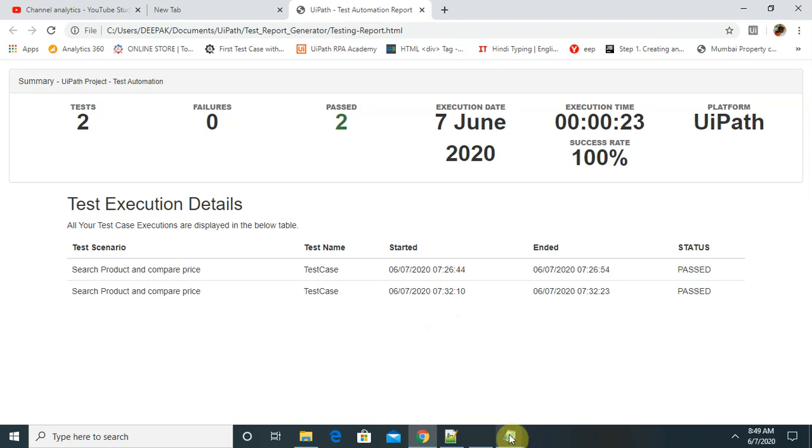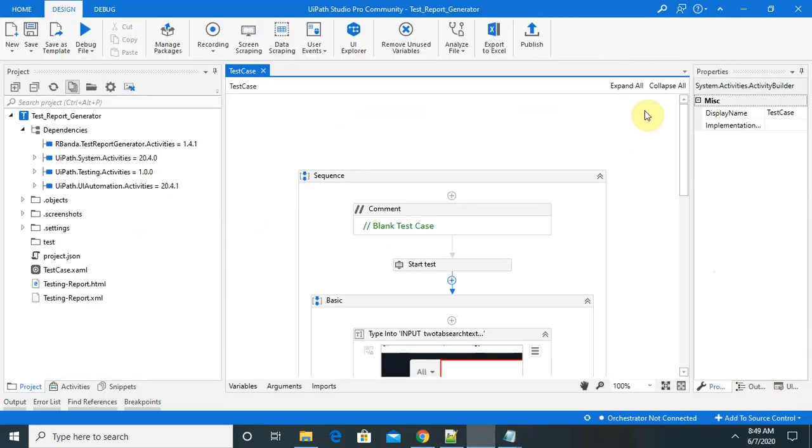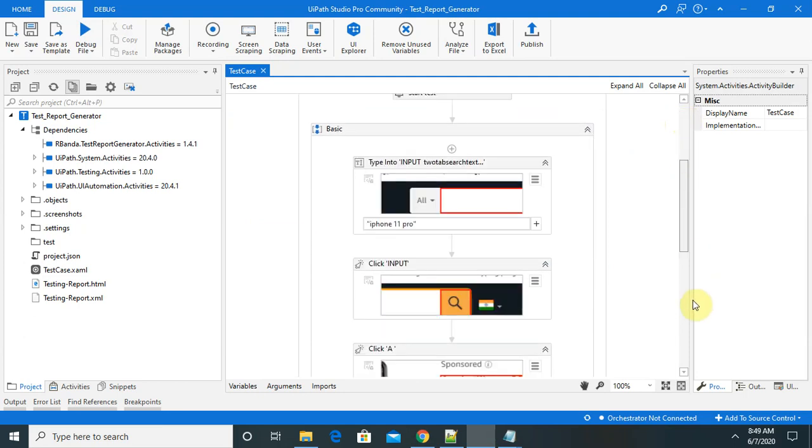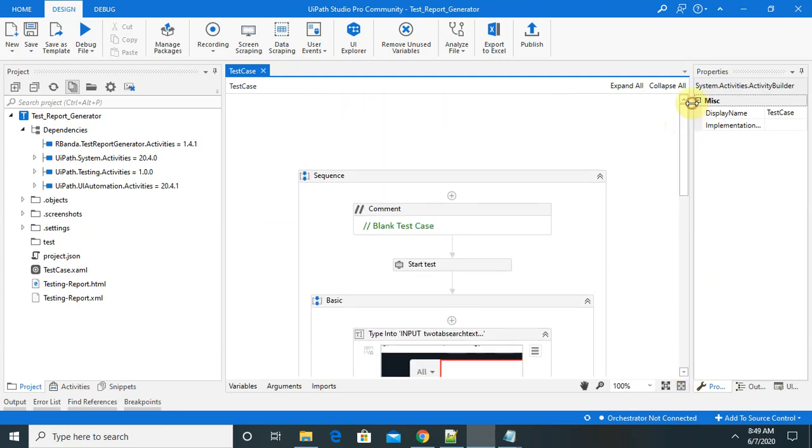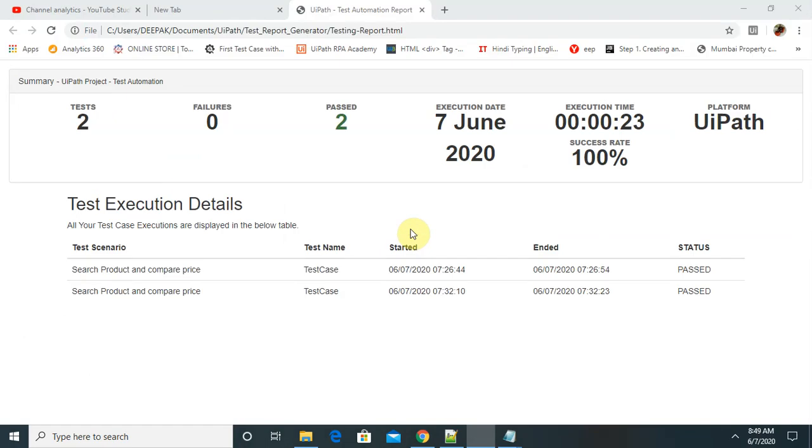So let's begin with this. I will create one sequence, and I've already created one sequence. Let me run and show you the result. After that, I will delete that and create it in front of you, so that you are also able to create it in your system whenever it is required.